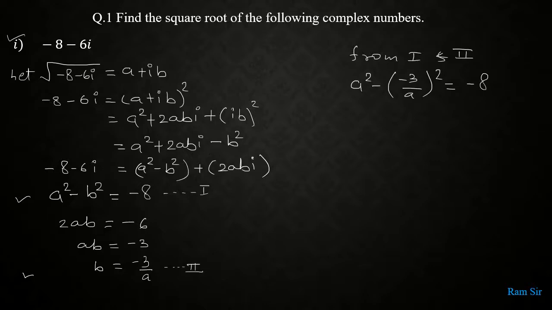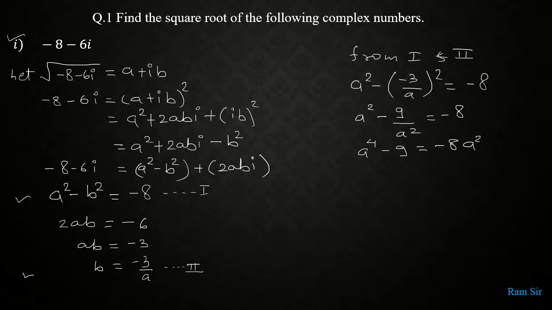So next step, a square as it is minus -3 का square is 9 whole divided by a square, which is equal to -8. So divide में जो a square है वो हटाने के लिए what we do, we multiply throughout by a square. That gives you a raised to 4 minus 9 is equal to